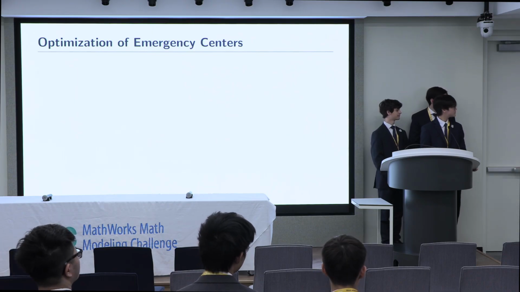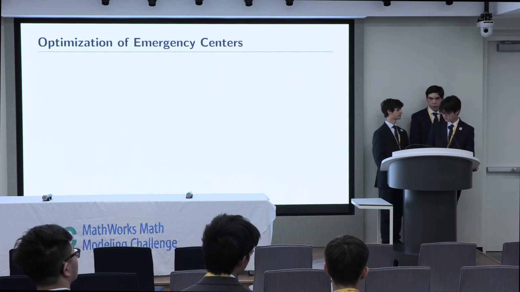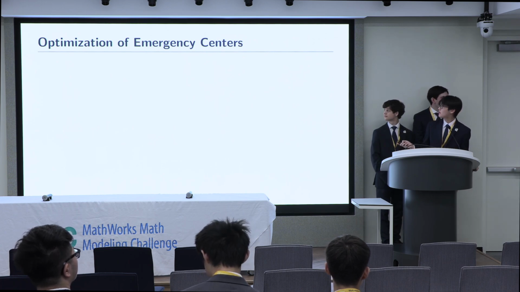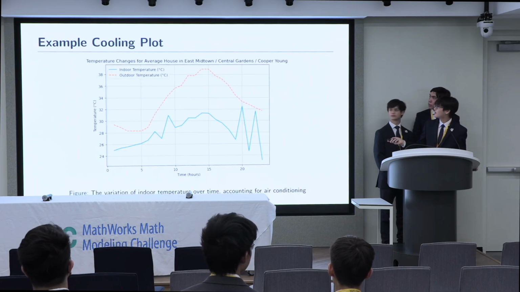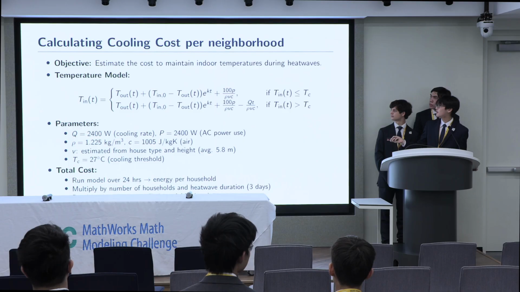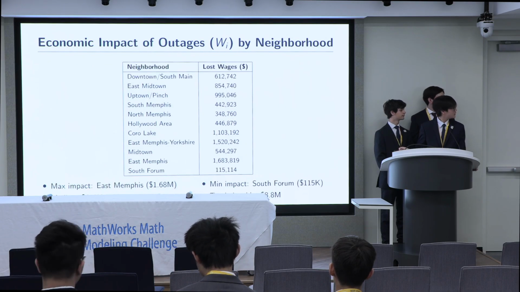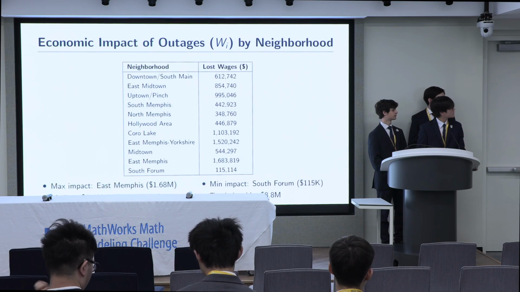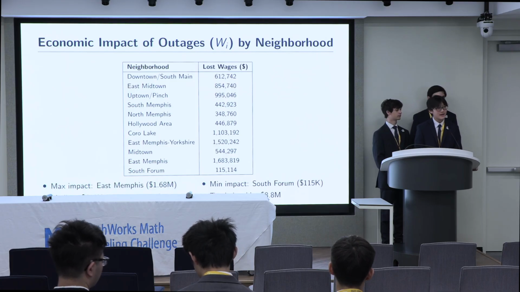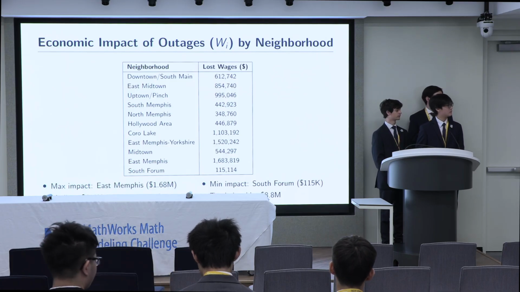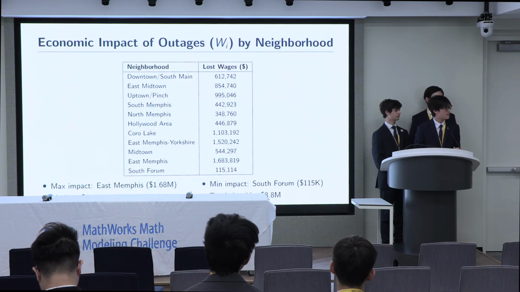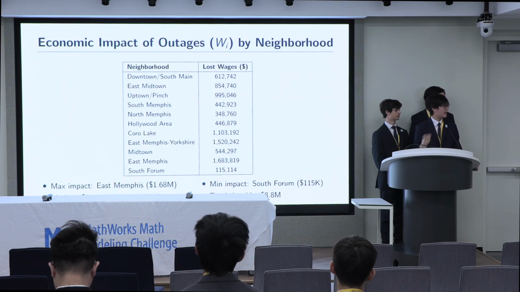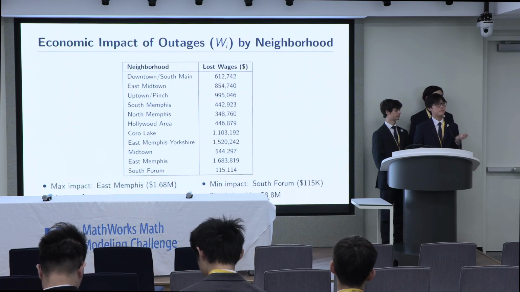Yeah, I've got a couple questions about the vulnerability score, in particular around the calculation for lost wages. In terms of power going out in a particular area, why does that necessarily mean that the people there are going to lose wages and not work? Oh, we expect the transport links to fail within that area, and those people would not be able to go to work. Of course, the alternative to that is working from home, but we think that if there is a power outage, networks would fail, and it wouldn't be sustainable for businesses to ask people to work from home if there is a power outage.